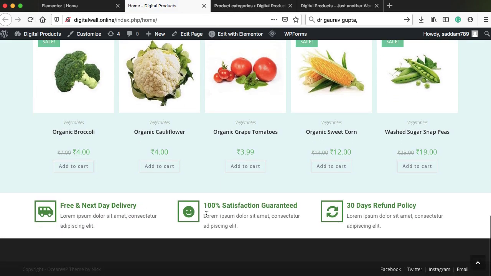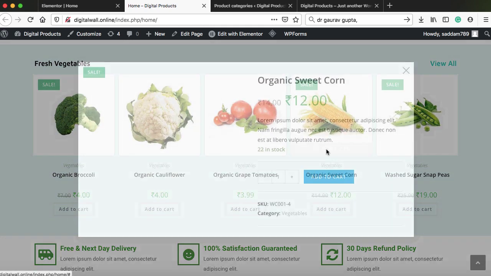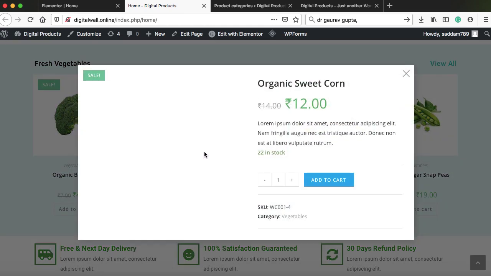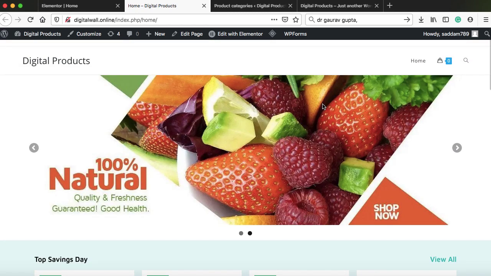Alright guys, so this is how this section looks like. As you can see over here, it looks amazing. Here we have the products and there is also an inbuilt quick view facility. So once someone clicks on it, this pop-up displays with the product image, the product description and the rest of the details. Right now the image has not been uploaded because I think the server speed is a little bit slow, but this is how it exactly works. So this is the home page that we have completely designed onto our website.